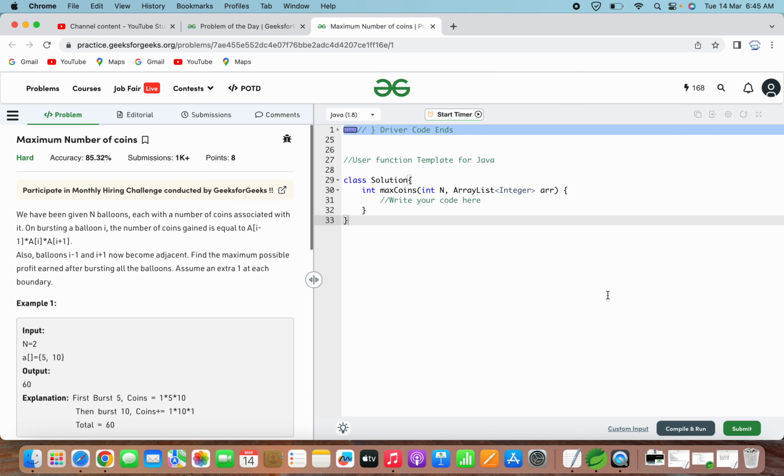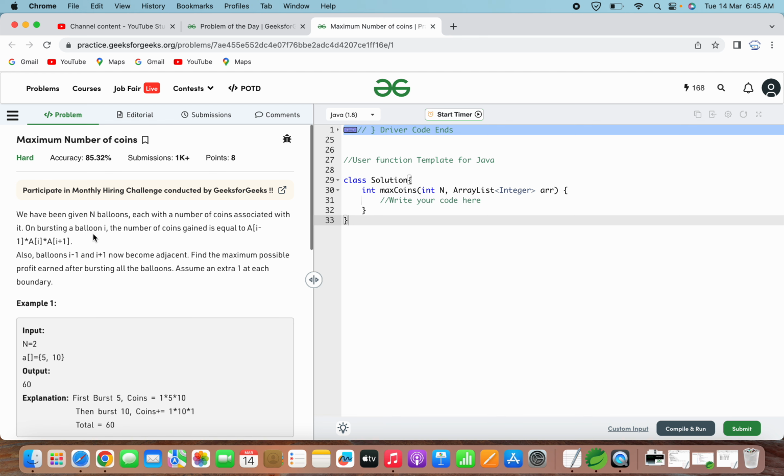First, we will try to understand the given statement clearly. Here it is said, we have been given n balloons, each with a number of coins associated with it. On bursting a balloon I, the number of coins gained is equal to a of I minus 1 into a of I into a of I plus 1. Also, balloons I minus 1 and I plus 1 become adjacent. Find the maximum possible profit earned after bursting all the balloons. Assume an extra one